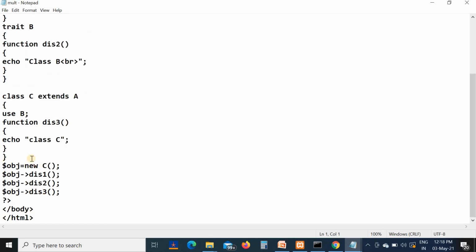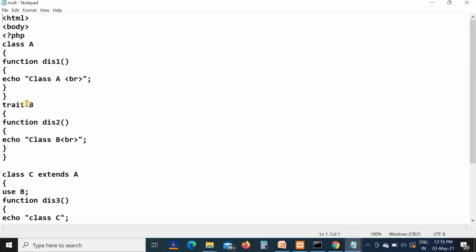Now we are creating an object of the derived class. In inheritance, we always create the object of a derived class. So here obj is an object created of class C, because class C is our derived class. Here in multiple inheritance, A and B are base classes and C is our derived class.